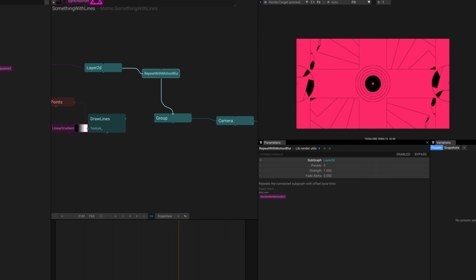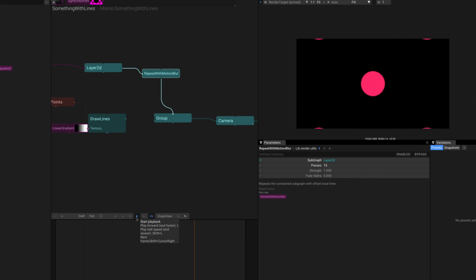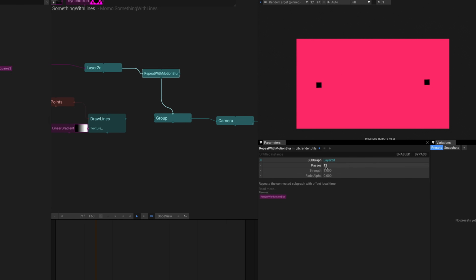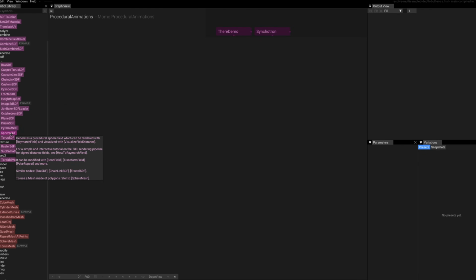I also added an echo or motion blur effect, which again was something that felt pretty nice and gave pretty interesting results. This test scene made me realize that everything I liked about Tixel were the nodes, and everything I disliked were UI and UX decisions outside of the usage of nodes. So I decided to focus more on creating stuff using the nodes.